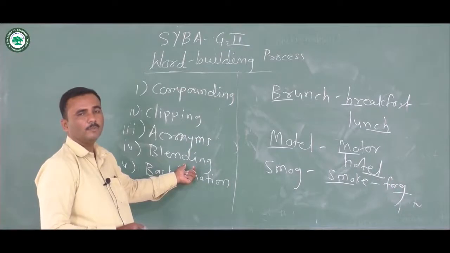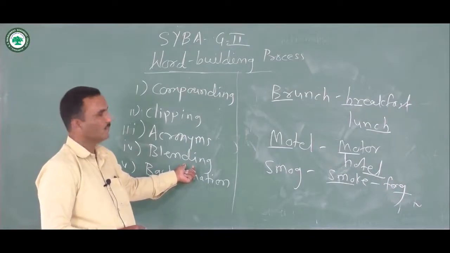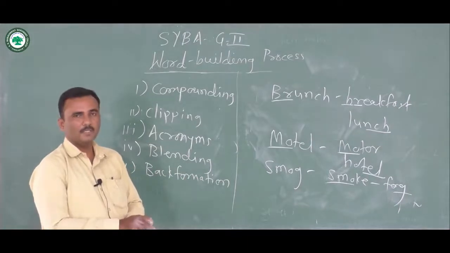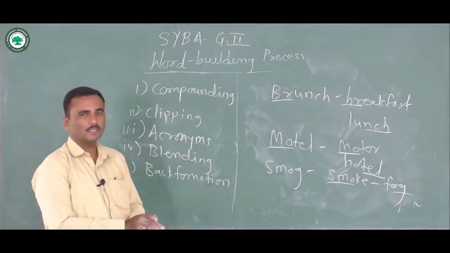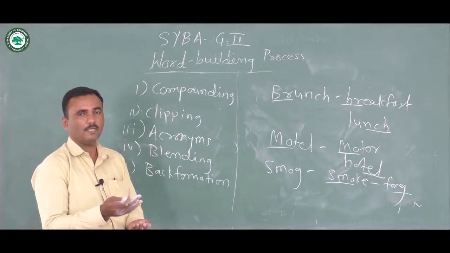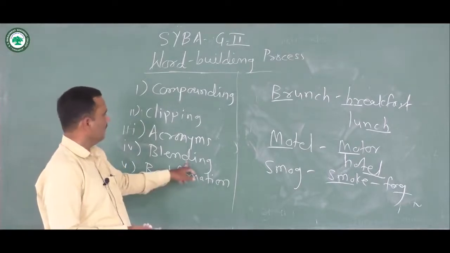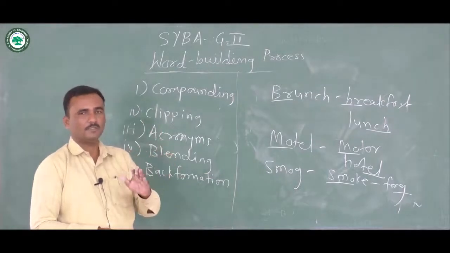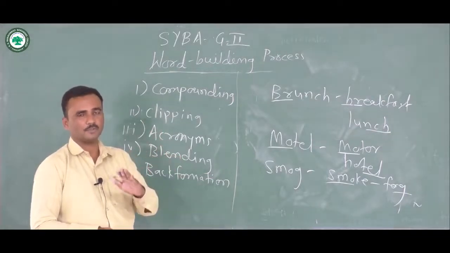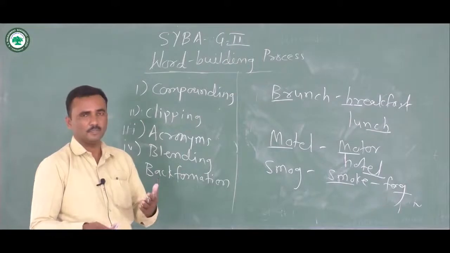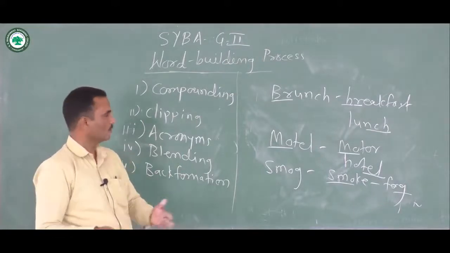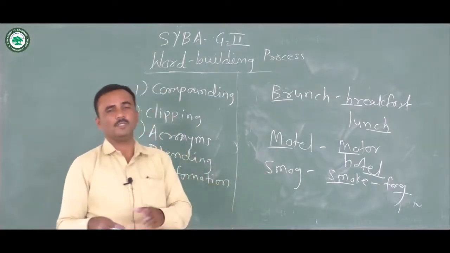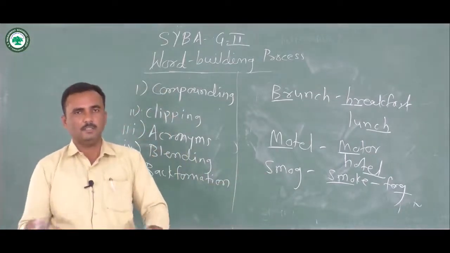One of the politicians from India has used such a word while addressing the press. He brought together two words, that is press and prostitute, and coined a new word, that is he blended the words. So that was the combination of two words, press and prostitute, and a new word was formed. Then Brexit is a word like this, where two parts have been brought together and a new word has been introduced.